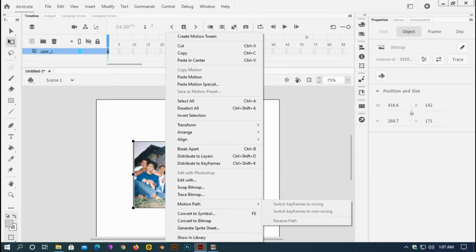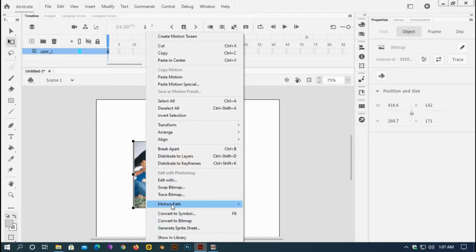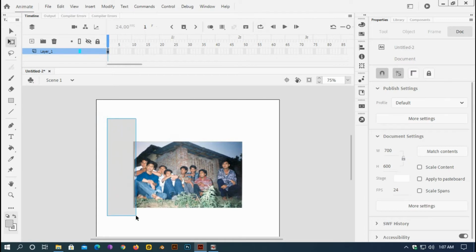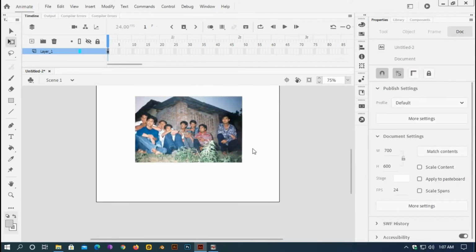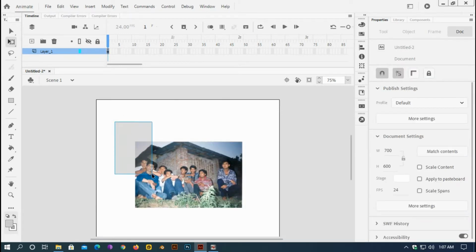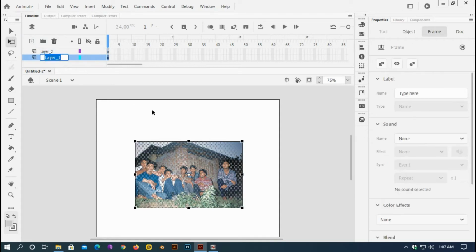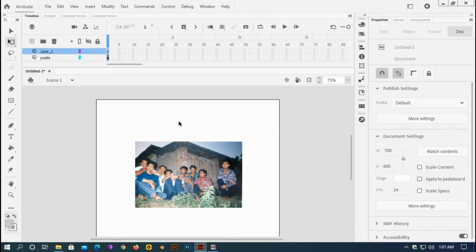So selecting the picture, right click, break apart, and selecting the border, I'll press the delete key on my keyboard. It is done, I think. And now I have to make pieces of the picture. For this I'll insert a new layer, but first I have to rename this layer, saying puzzle. I'll just lock the puzzle layer, and then